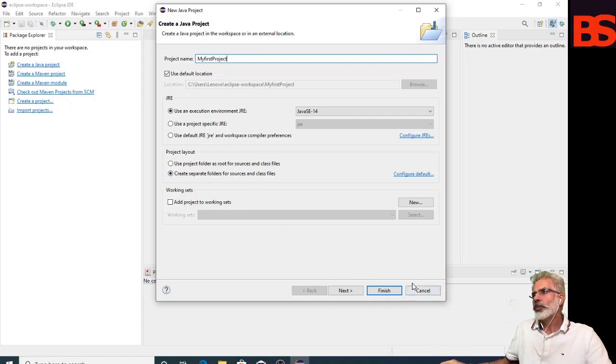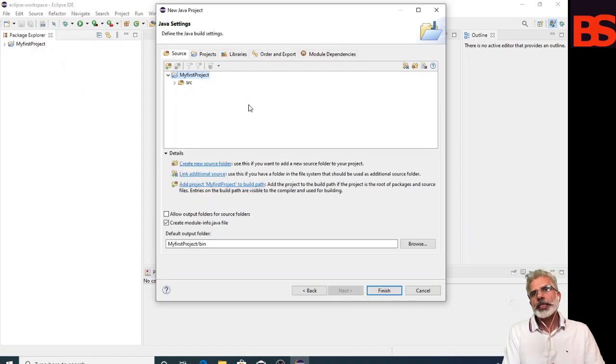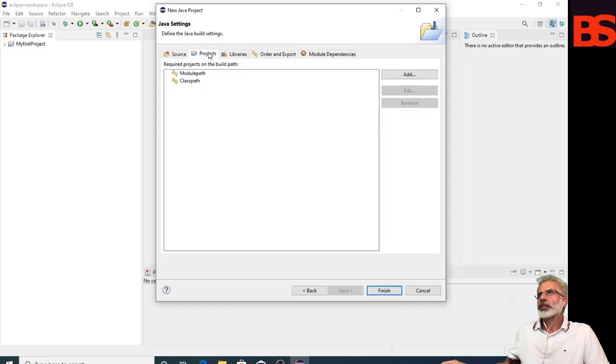And there are two buttons, Next and Finish. If you want to create, you can finish. Otherwise, if you want to check the build settings of your project, you can click Next. So the Java build settings, like setting the project dependency and adding additional jar files to the build path. The first one is source, where your source code is, and this is the project module path and class path we will set.